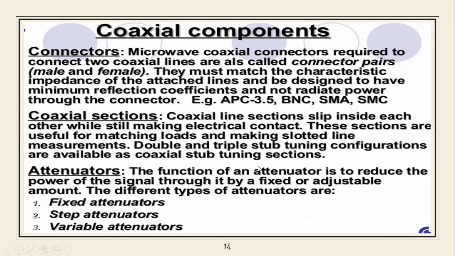So stepping is there in the middle, in each and every section, to maintain the signals so that the signal does not go into a weaker form. Attenuators, we know very well, are for reducing the power signal strength. Otherwise, weak signals are there in terms of the power, and if we are talking in terms of power, definitely we are talking about the voltage and the currents. So by using the various types of attenuators, we can adjust the strength of those signals. By using fixed, step, or variable attenuators, it is possible.